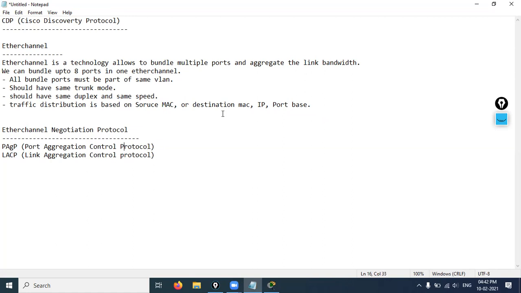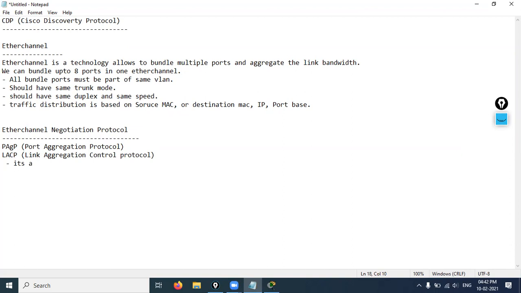Okay, this is only port aggregation protocol. So now port aggregation protocol we will not discuss, because PAGP is gone now. Okay, so LACP,